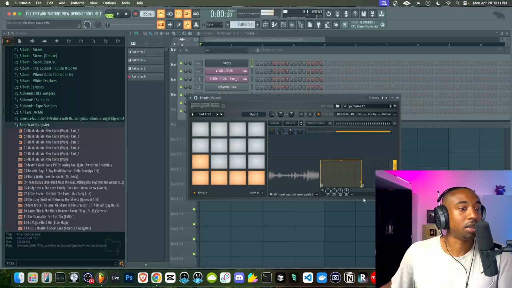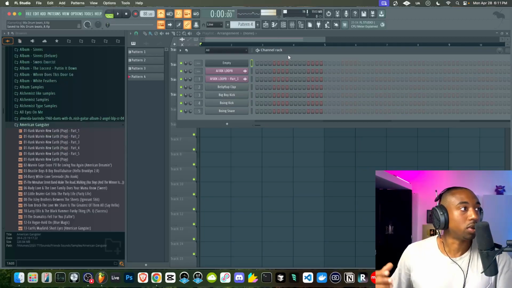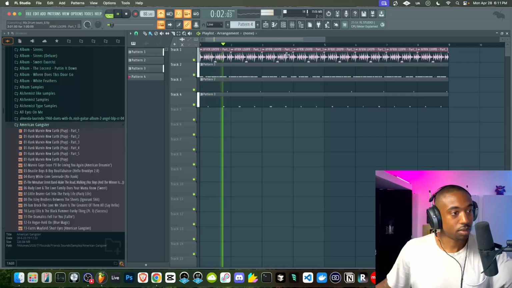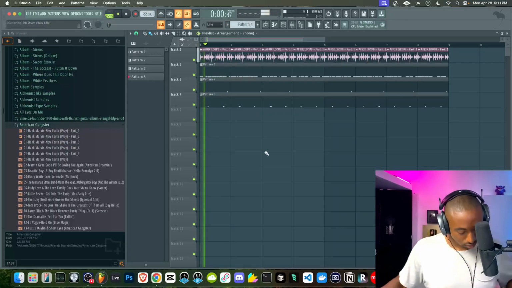Now to save time, we can click this drop down, go to copy state. You can click here, go to paste state, and that will save you guys a lot of time. All right, so now when I play a pad, you have to hold it in order for it to play all the way through. Let's hit Control L. And this is the final step outside of tuning the sample.